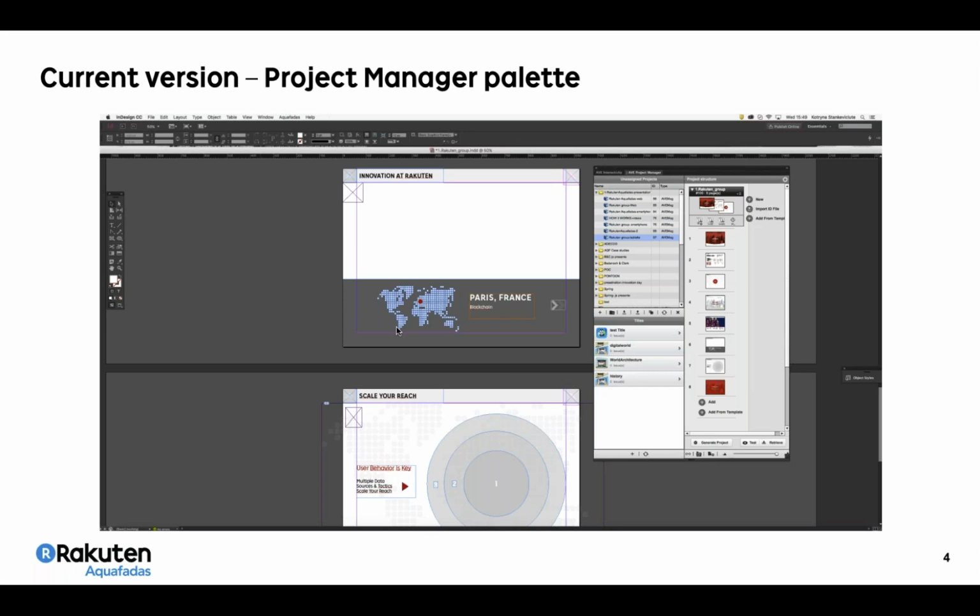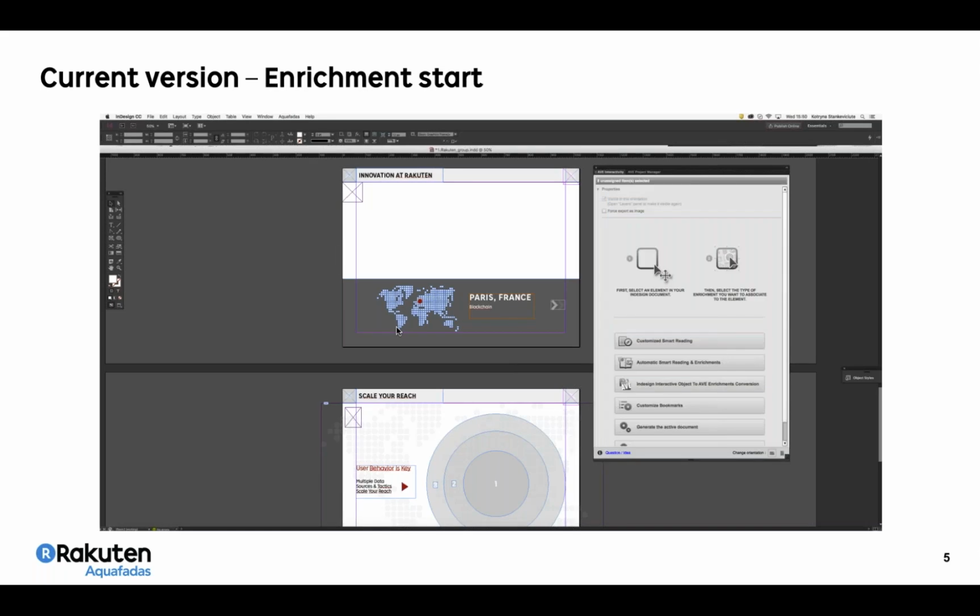Just a quick reminder, because some of you are maybe not familiar with our previous plugin. These are some screenshots to remind you the current version of a plugin that maybe you are using yourself at the moment. So you can see the Flash and Flex look and behavior on the screen. This is, for instance, the project manager palette that you see on the screen now, which is the one where you create, manage, and publish your projects.